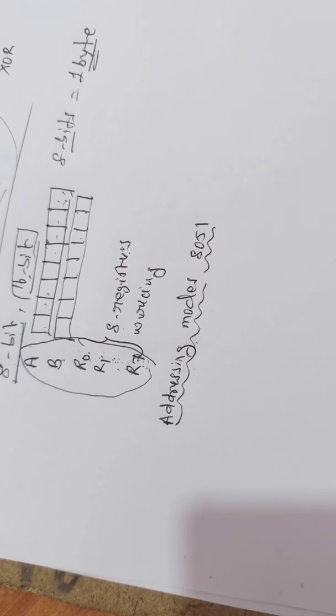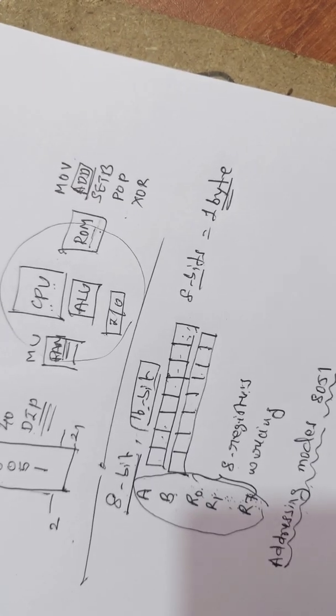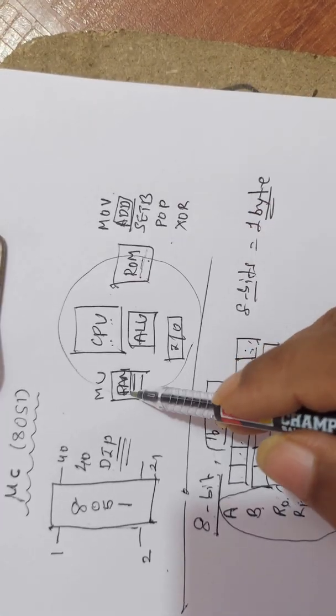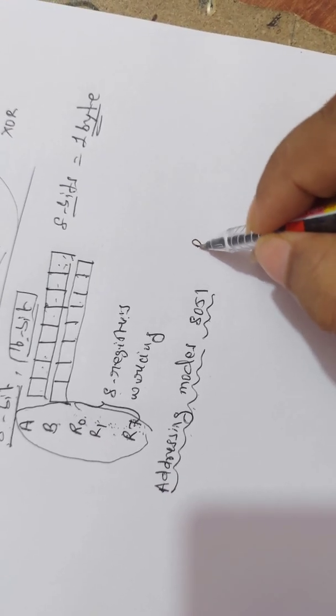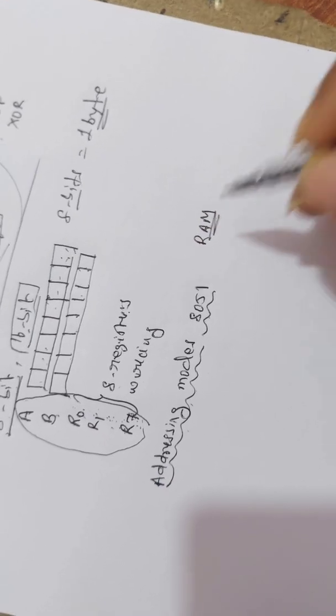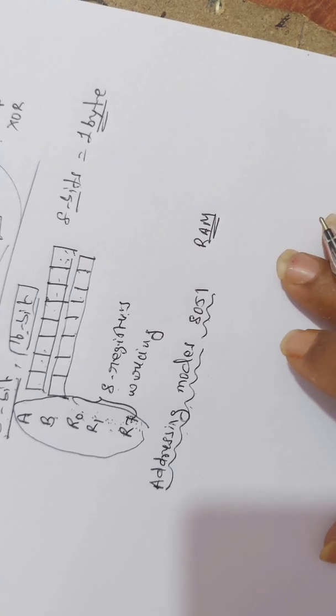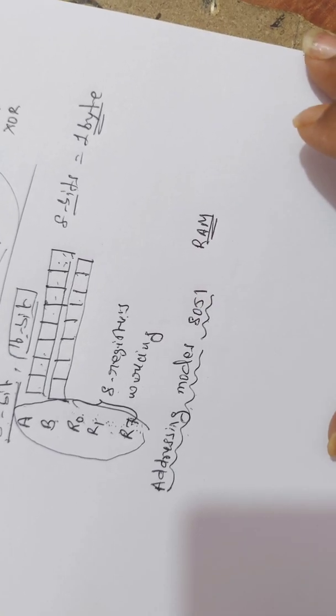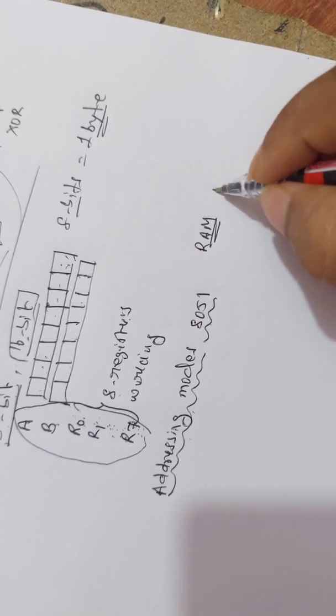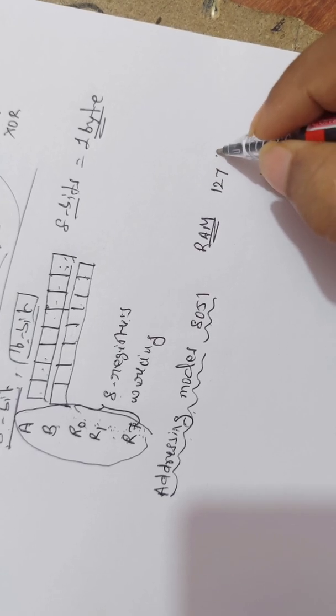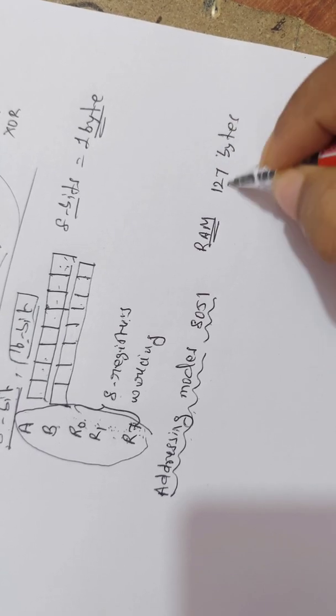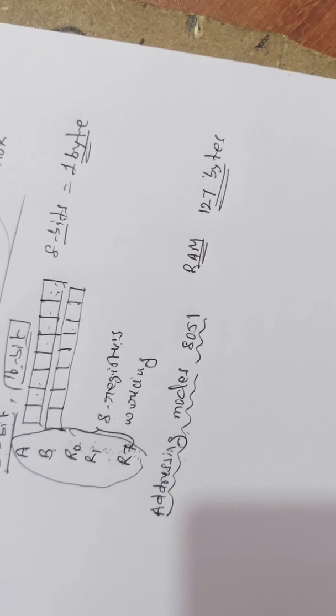And also the microcontroller consists of RAM, that is, random access memory. This is contained internally in the chip itself. There are 127 RAM locations. Each RAM location